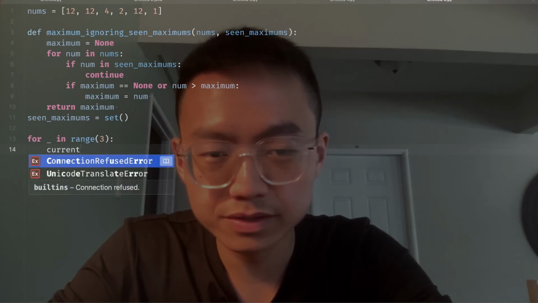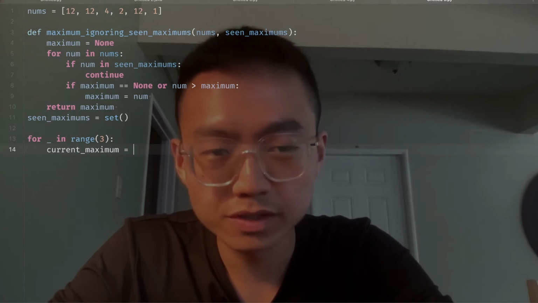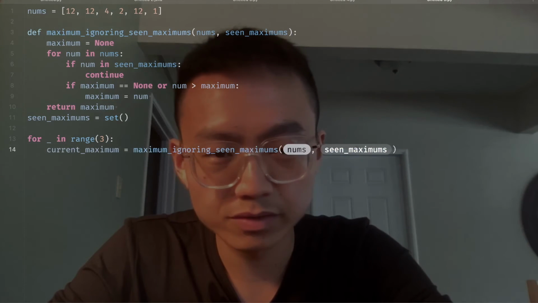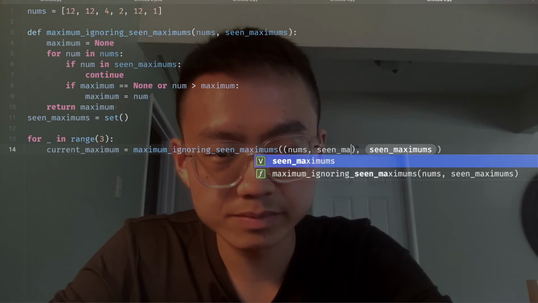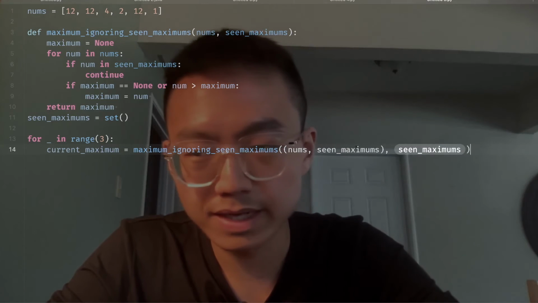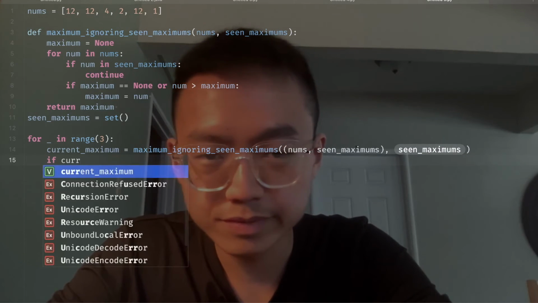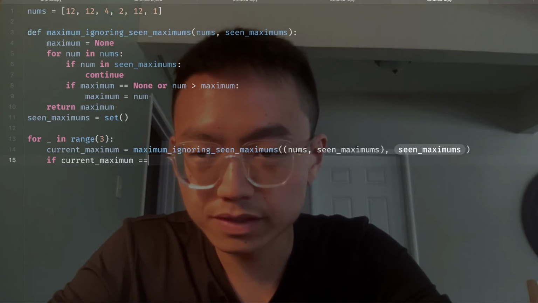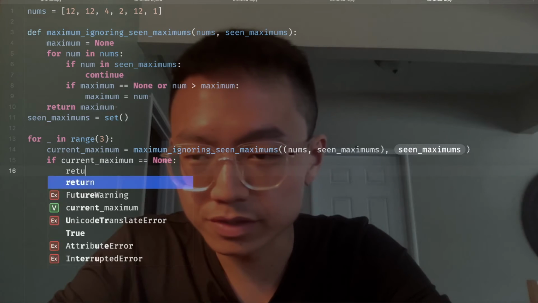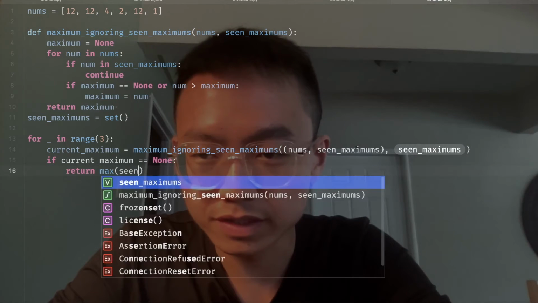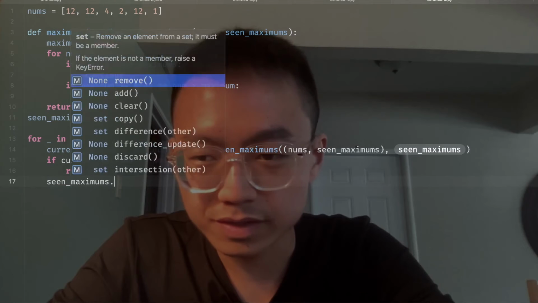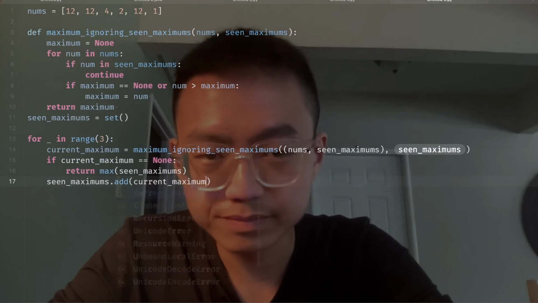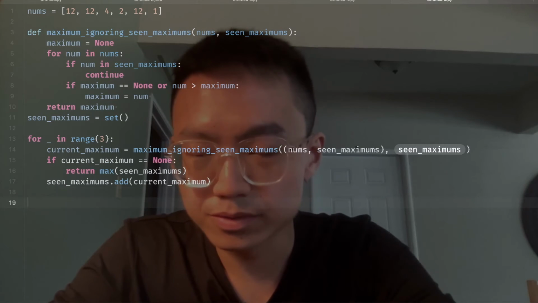Current maximum is the maximum, don't ignore, with nums and seen maximums, and if current maximum is None, we just return the maximum seen, and the current maximum is added to the seen maximums, and we can return after we